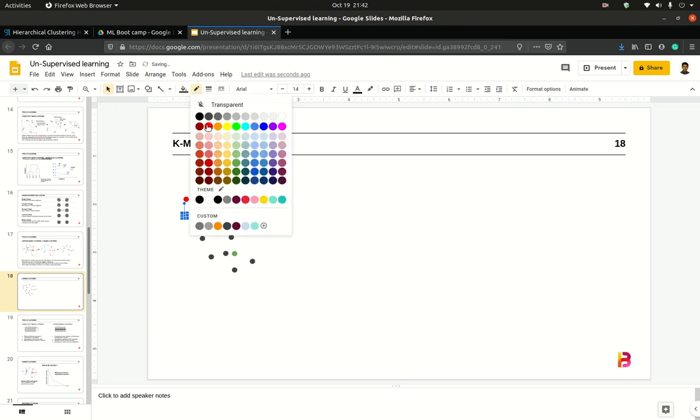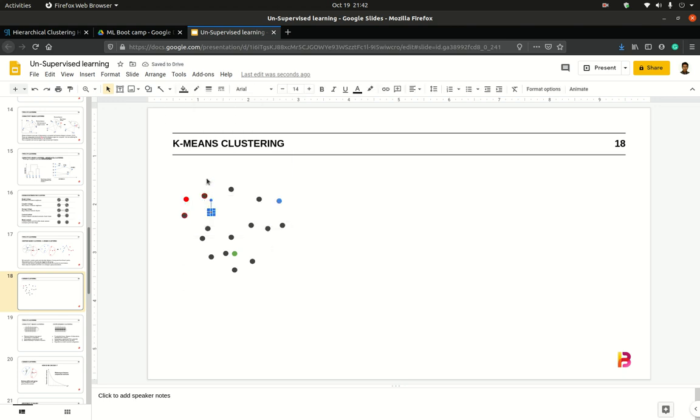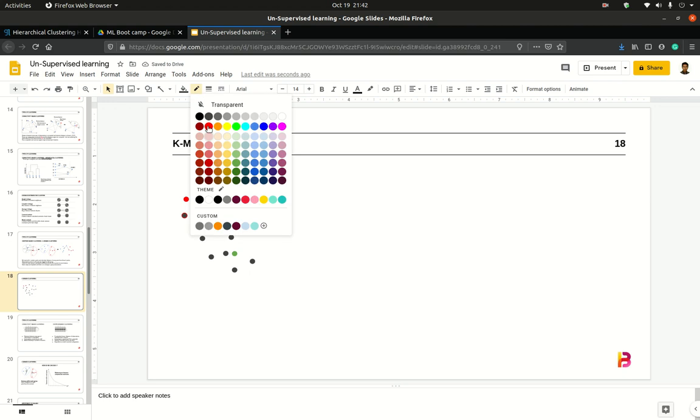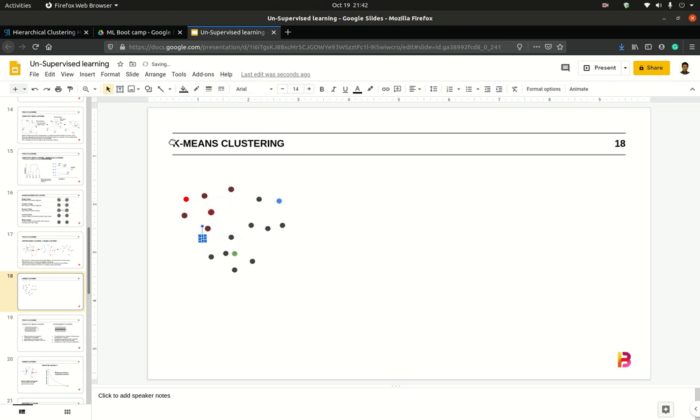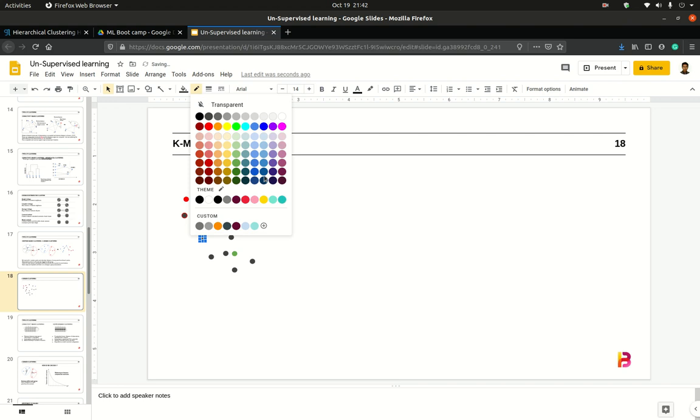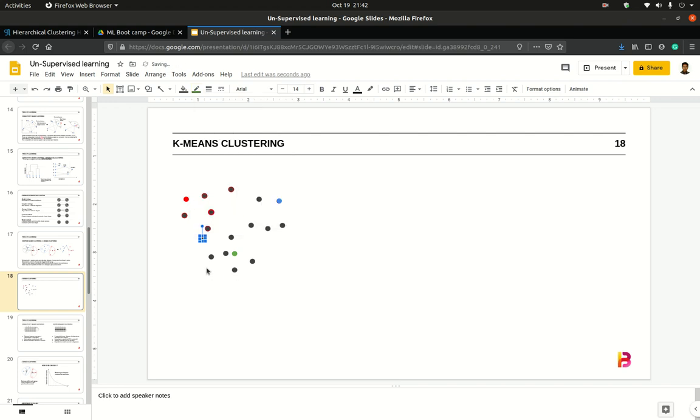Now this looks closer to red. I'm not drawing the lines again. This perhaps is equal distance. No, this is a little closer to the red. This is definitely closer to the red. This is closer to the green, so this gets tagged as green. Is it visible? So this gets tagged as green.